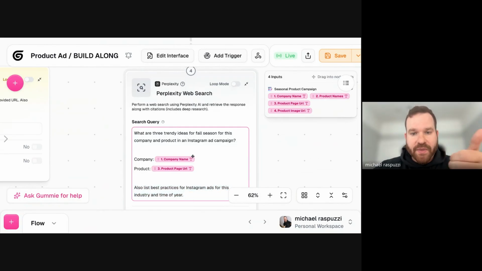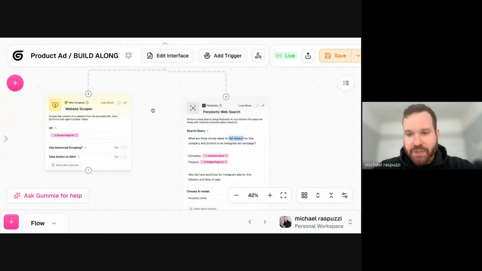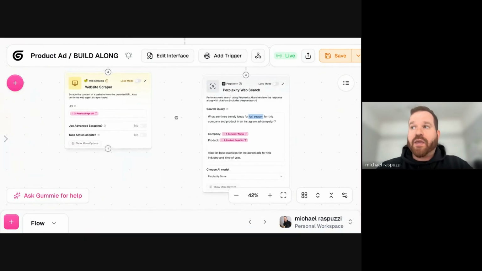And so this specific prompt is biased based off the platform. It's looking for Instagram specific best practices and ads. And then also it's seasonal. You could get rid of the seasonal if you didn't want to, if you wanted to adjust what this looks like. And so when we think about why are these the first 2 steps after the form,